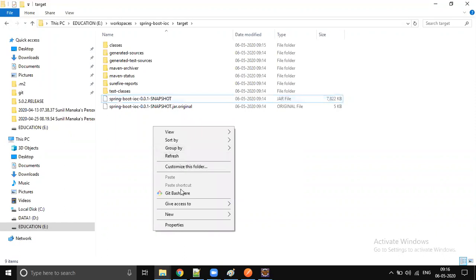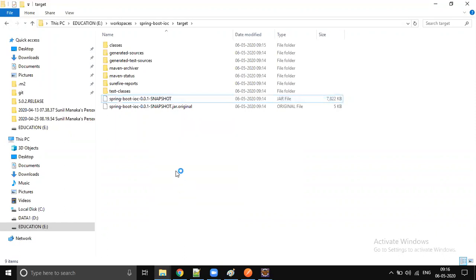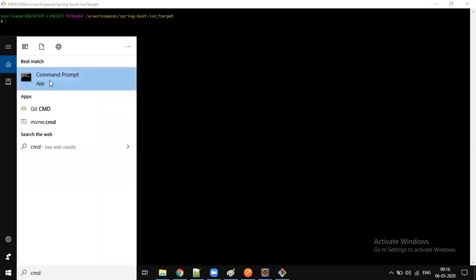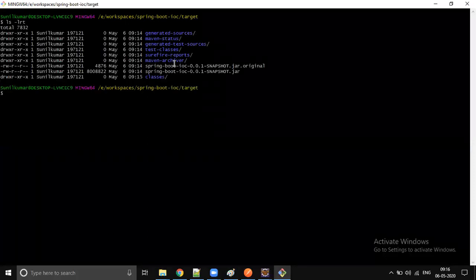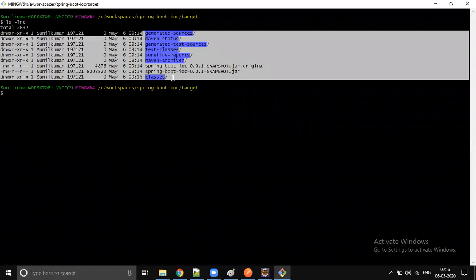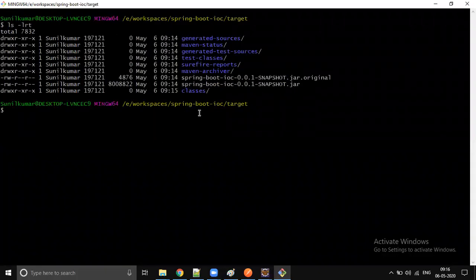Right now on my machine, I have Git Bash installed, so I'm using it directly. This is nothing but a command prompt. You could also go to CMD, since Windows will always have a command prompt by default. Other than that, there is no difference. By using Git Bash, we can execute Linux commands also, and that's why I prefer this. Now in Linux, how do you see what files are present inside this folder? ls -lrt. It will list all the files in the current folder.